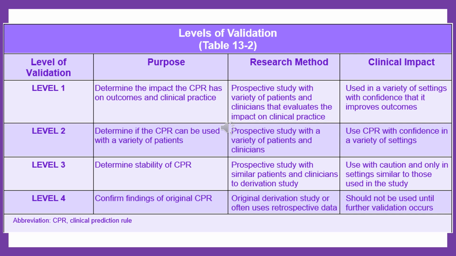And now with this level of validation, we can start to use it as if it's confirming what the original study was showing, but we have to use it with caution because the external validity has not been established yet. So we should really only be using it on the patient population that was described in that original study. Level 2 validation includes even more prospective studies with an even wider variety of patients and variety of